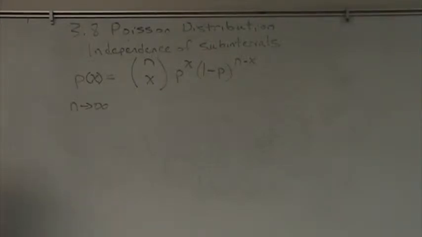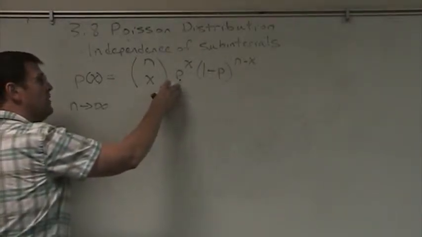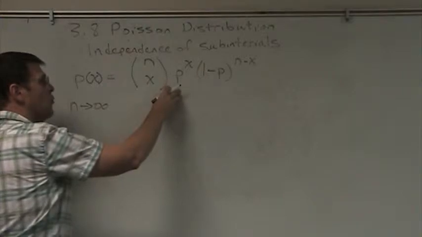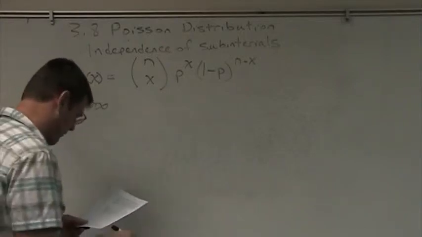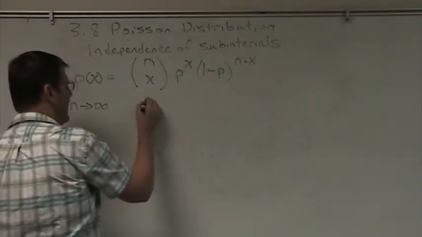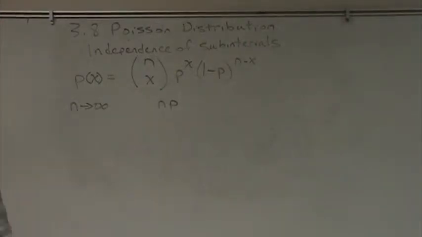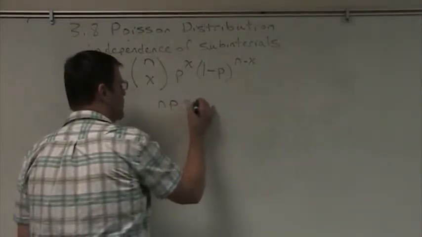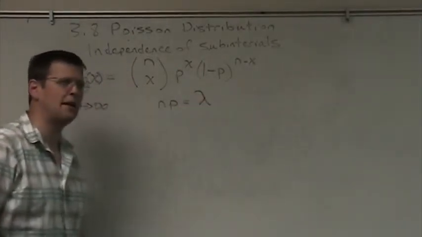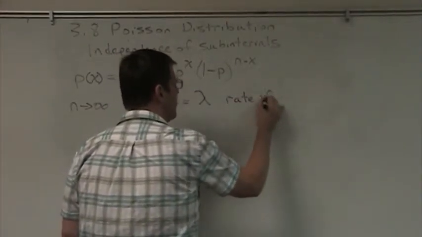Okay? In addition to this, we still have this probability that's important here. And if we let n get very, very large, then the notion would be that p is getting very, very small. But for our purposes, there is still a value to np, a finite value. So n's getting huge, p's getting really small, but their product is finite. And that product we're going to denote by a lowercase Greek lambda. And this is the rate of occurrence.